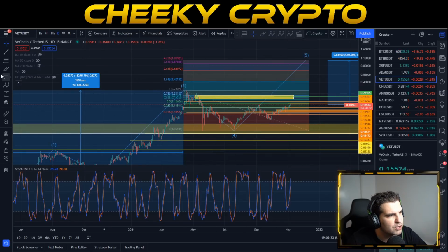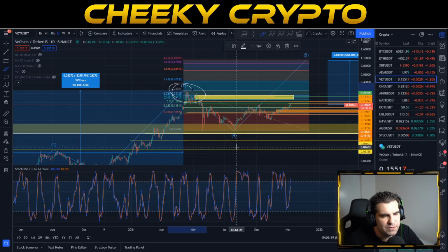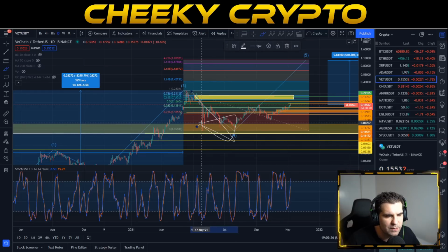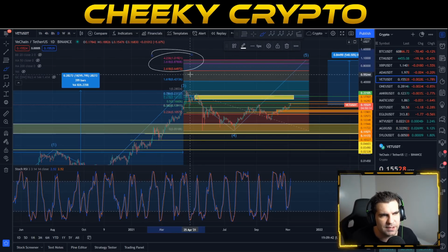Now the Fibonacci retracement tool on our daily is different to that of the Fibonacci retracement that we have on our weekly. This one actually just runs from the top of wave 3 and the bottom of wave 4, right? This one trends to the downside. So this downtrend, then, Bitcoin was at 65k down to 28k. That's the one trend that we're paying attention to. This actually shows us out with a 4.236 extension of $1.01. So again, a more conservative target to be hitting, and it's where we put our fifth wave,